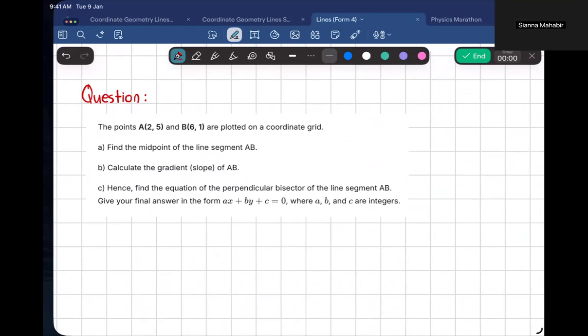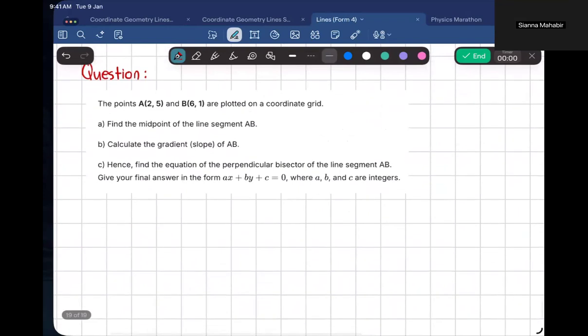Two points A (2, 5) and B (6, 1) are plotted on a coordinate grid. A, find the midpoint of the line segment AB. B, calculate the gradient or the slope of AB. C, hence find the equation of the perpendicular bisector of the line segment AB. Give your final answer in the form ax plus by plus c equals 0, where a, b, and c are integers. That sounds kind of different, right? It's a little different,